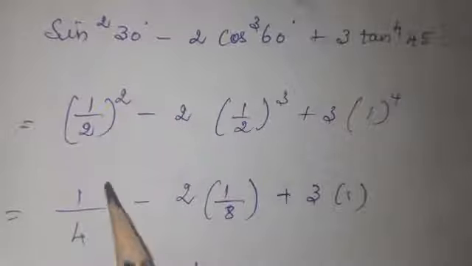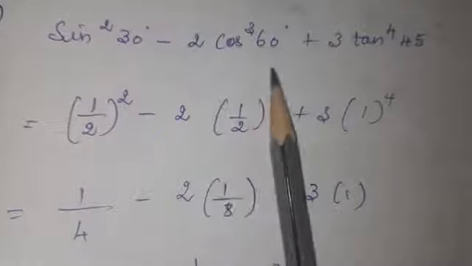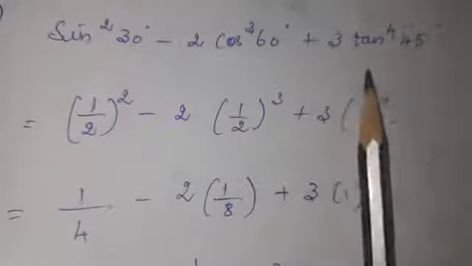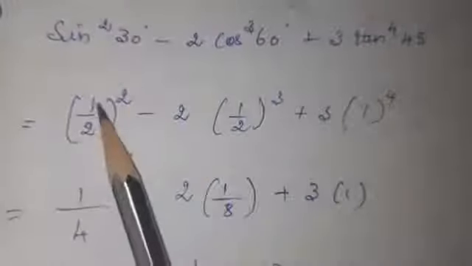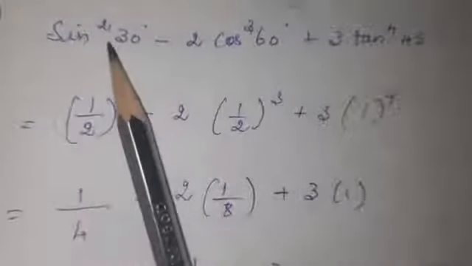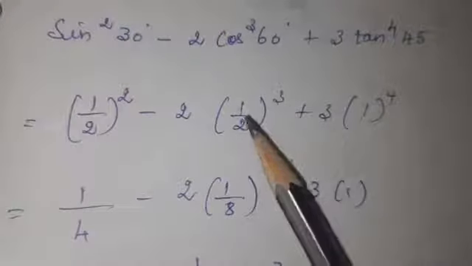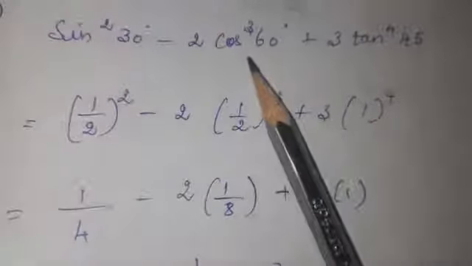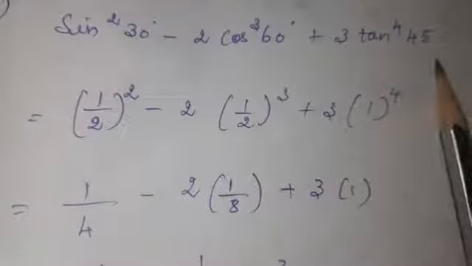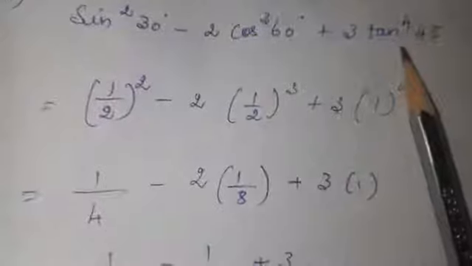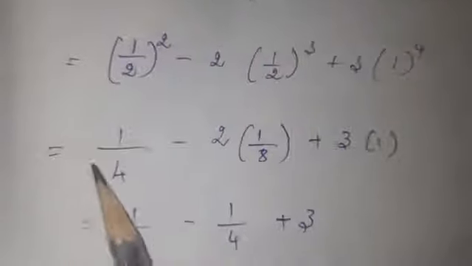Third question. Sin square 30 degree minus 2 cos cube 60 degree plus 3 tan power 4 45 degree. Sin 30 degree value is 1 by 2. Here square is there, so the whole square, minus 2 into cos 60 degree value is 1 by 2. Here cube is given in that question, whole cube, plus 3 into tan 45 value is 1. In the question they gave the power as 4, so whole power 4. Simplify this one: